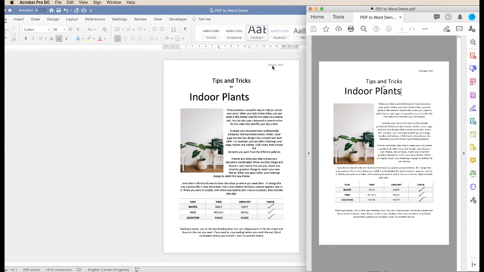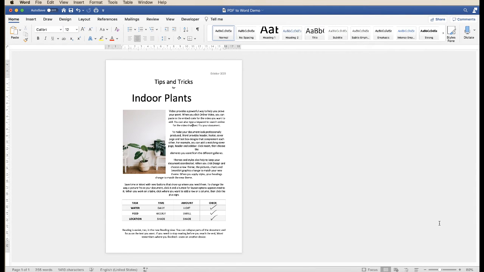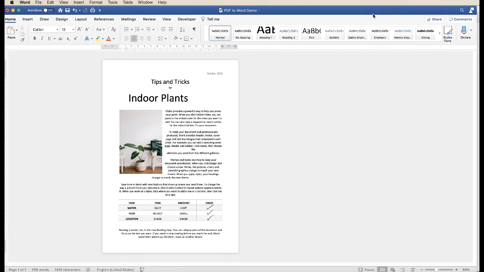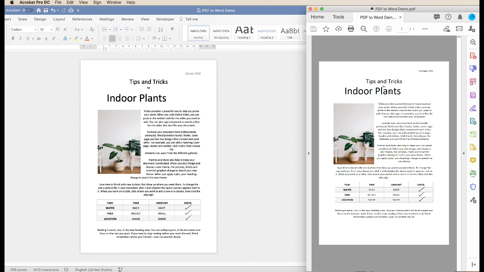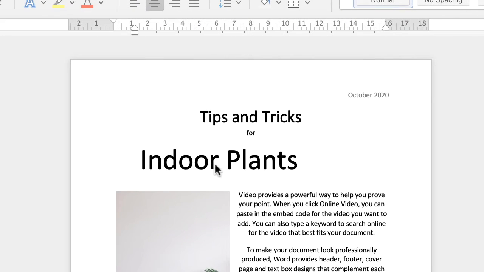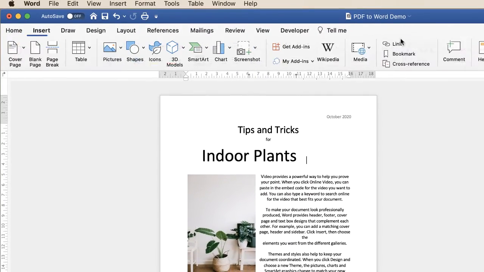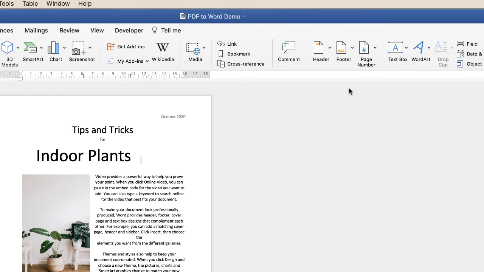And then again, we can adjust this header and footer if we wish to. Okay, so now we've just adjusted that header. Just go back and just check. And again, we're pretty similar. If you want to adjust this so that it is a little bit further up, as you can see, it's right next to the foreword there, then you can just put this into a text box and then pop it up. So if you click Insert, Text Box, Draw Text Box,